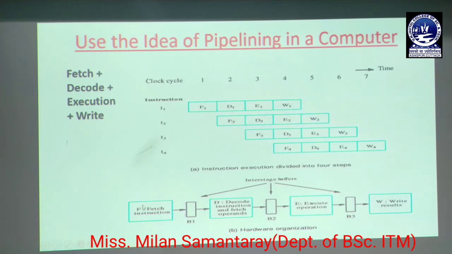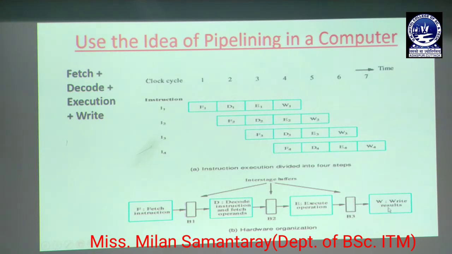After performing the fetch operation, there will be one intermediate buffer B1, and then it will go for the decode instruction, and the output of this stage will be stored in another buffer, called B2. From B2 it will go for the execution, and after execution the output will be stored in another buffer, B3, and at last it will go for the write